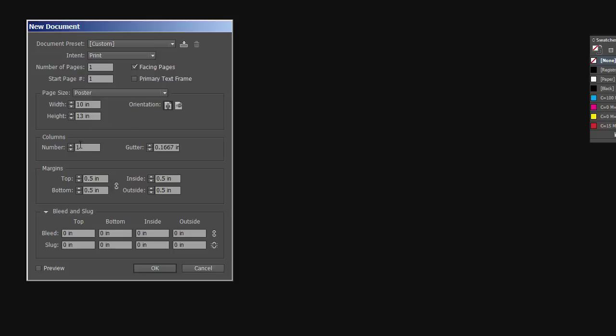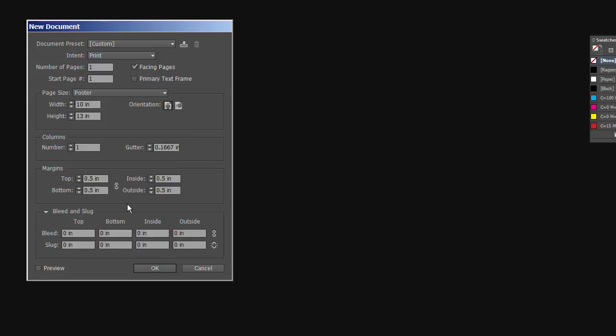This area here, columns, allows you to set the number of text columns that you have in your document. In this case, it's set to 1, which means I only have one primary area. But if I was creating a newsletter or a newspaper or a magazine article and I wanted to have a number of different columns, InDesign takes the hard work out and actually divides the page into the number of columns that you want for you. It also allows you to set the gutter size. So if I wanted to specify exactly the distance between the 2 columns or 3 columns,